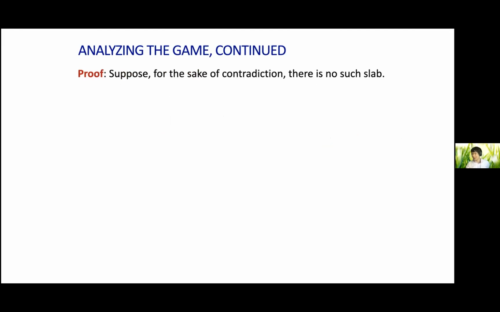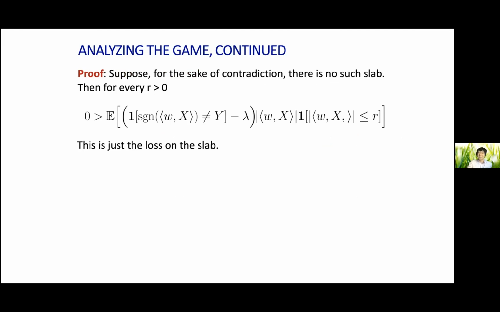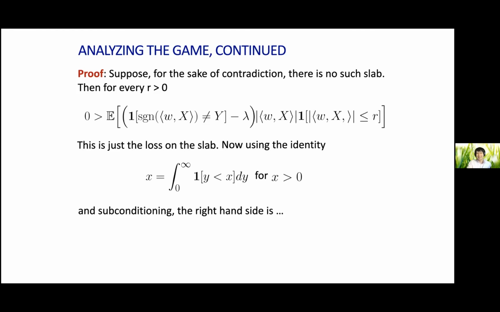Okay, so how to prove this? It's a proof by contradiction. Again, most of the trick is just to write things out. So first, what's the definition? We do a contradiction. We assume that for every slab, the Leaky-Rayleigh loss is negative. I wrote out what that means, which is why we have 0 on the left-hand side.